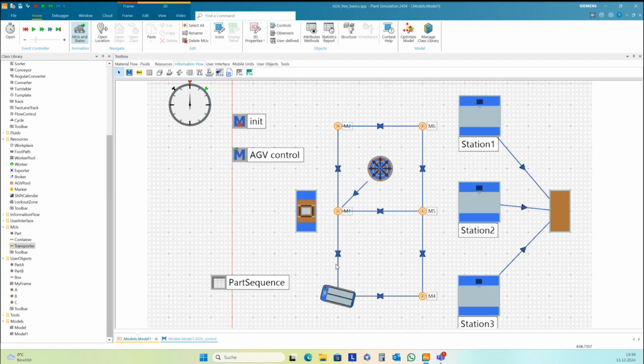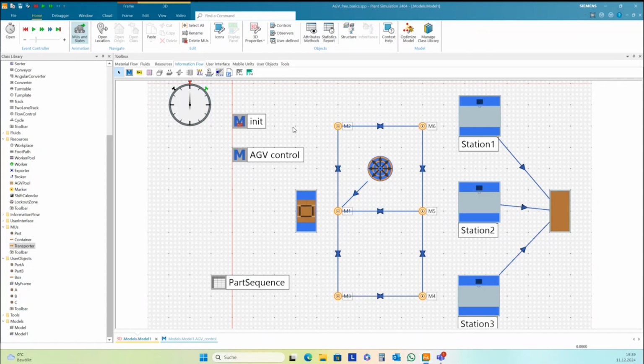And the second one is if you connect all the markers in the right way, you can just set the destination of the transporter, and Plan Simulation will plan a route by itself to the destination and look for the shortest path.